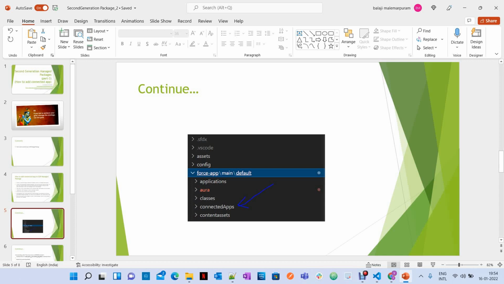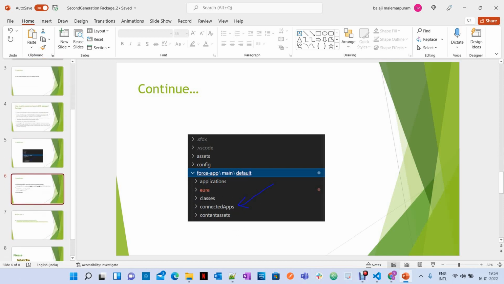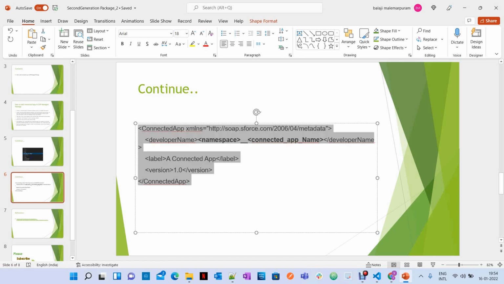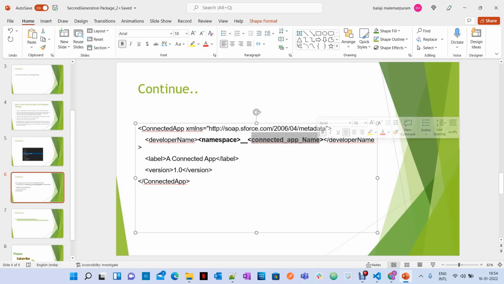Once you have that, you have to create a connected app XML file like this, where in the developer name you have to give your namespace, then double underscore, then your connected app. This is the developer name, and here the label is your connected app name, and the version number.